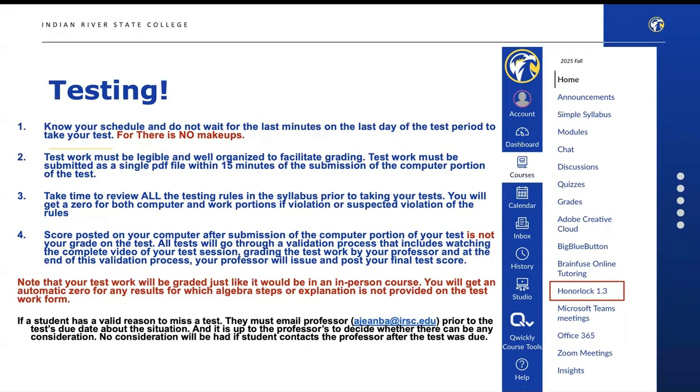And it's not for no reason that I keep my test open for 3 or 4 days, to give you not only time to practice on your test practice, but also to anticipate taking your test earlier, as early as possible. Do not wait for the last minute of the last day to take your test. No makeup. Number two, test work must be really clear and well organized, to facilitate my grading them,